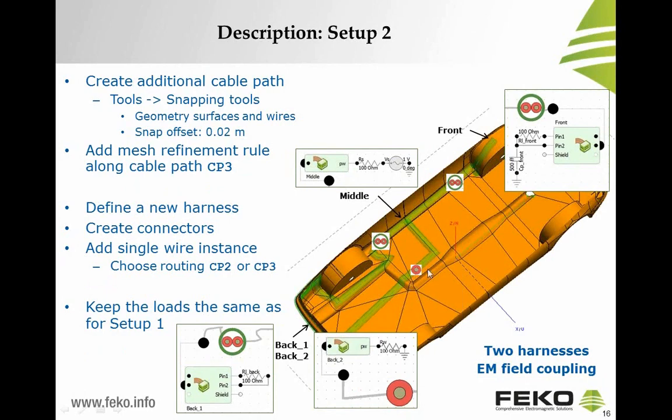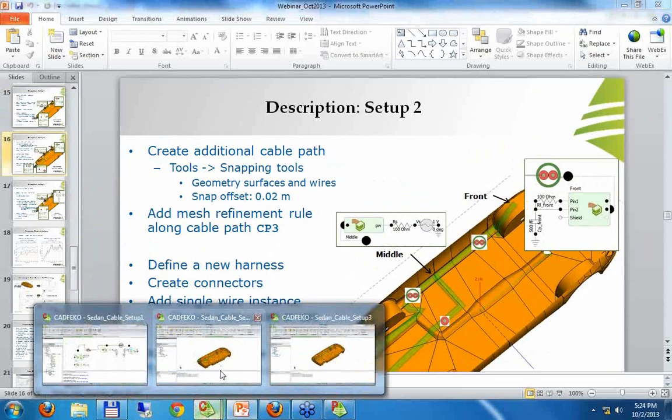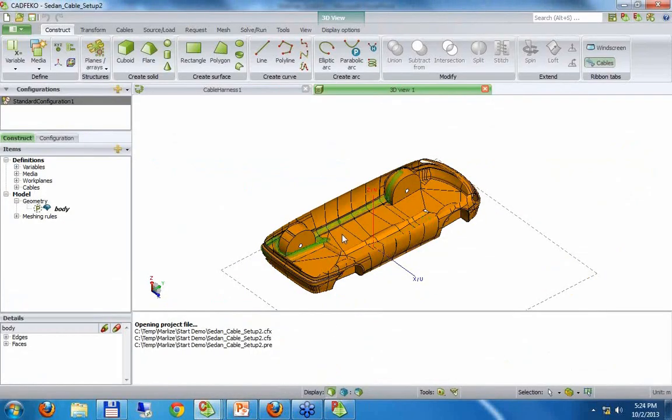Because it is now removed so far, it does not make sense to use the LC coupling anymore, so we would rather define the single wire as a separate harness, in which case we can then consider field coupling between the different harnesses. So the idea of the setup, which I will illustrate, is how we can create a new path that is easy to define a mesh refinement around it, and that we can then route the new wire through this different harness. So if we just return to our CAD Echo setups,